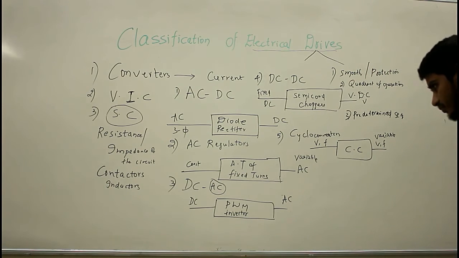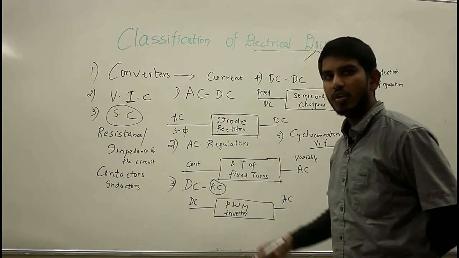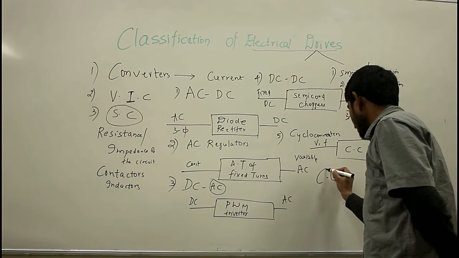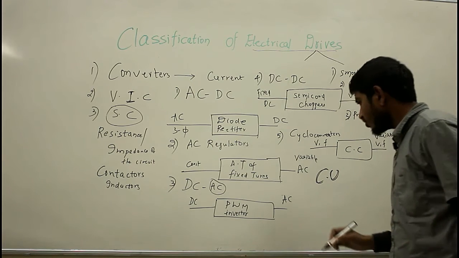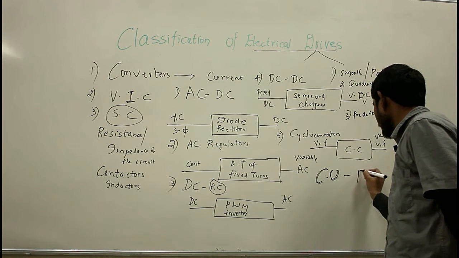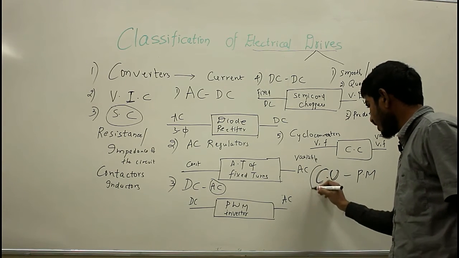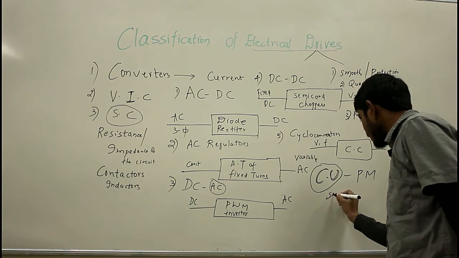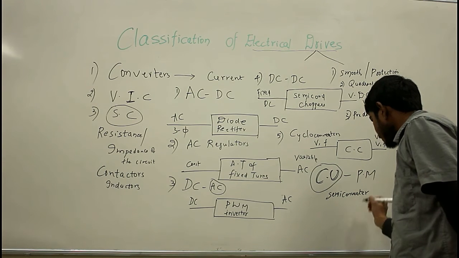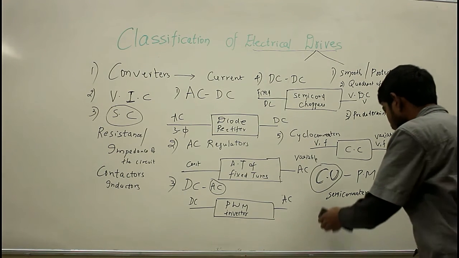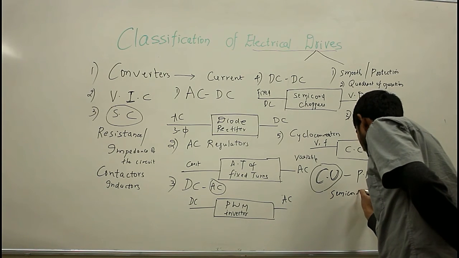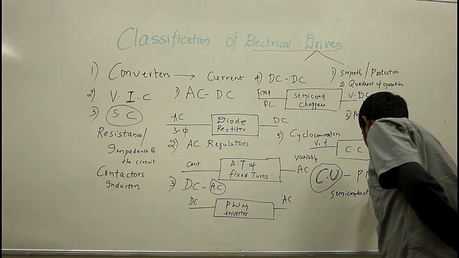Now coming to the other part from the basic block diagram, we have the control unit. The control unit being employed in an electrical drive system depends on the type of power modulator being used. So these are of various types. Suppose you are employing a semiconductor type of converter,